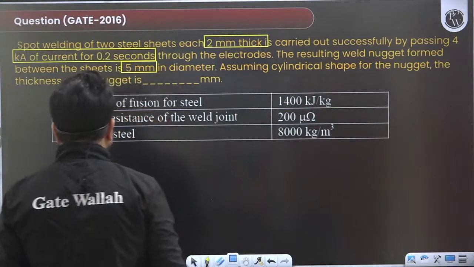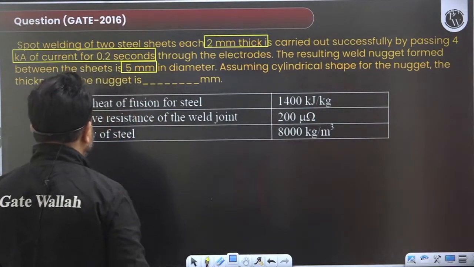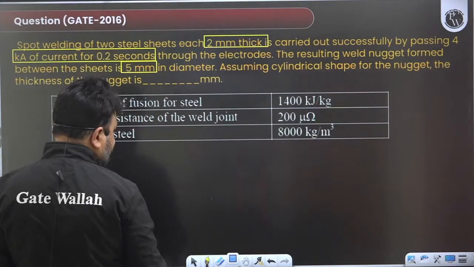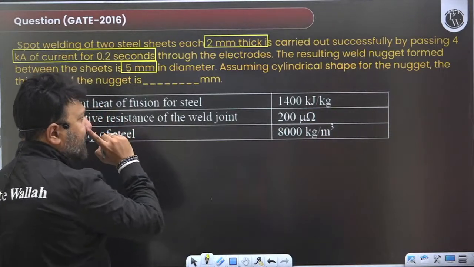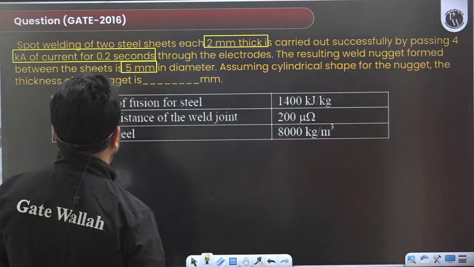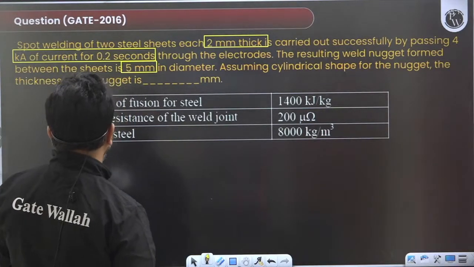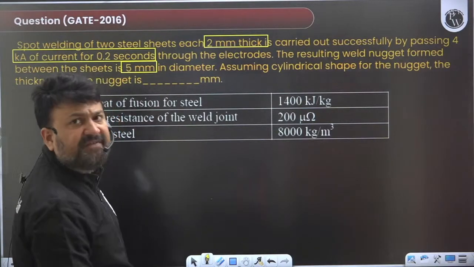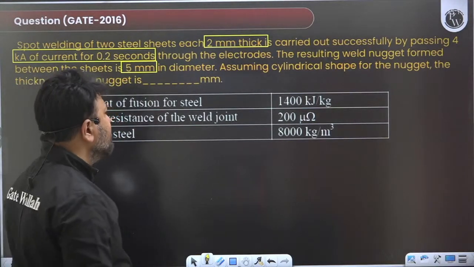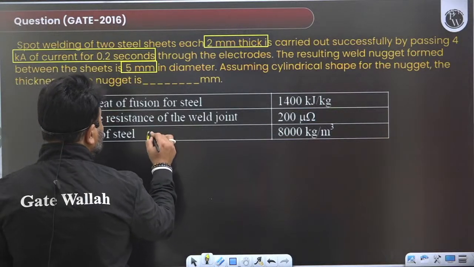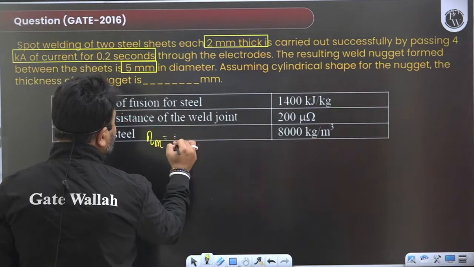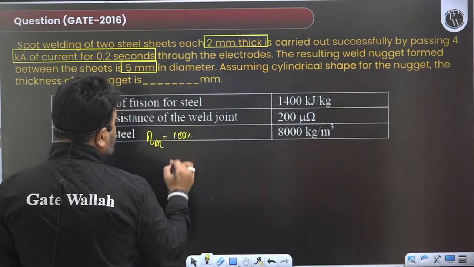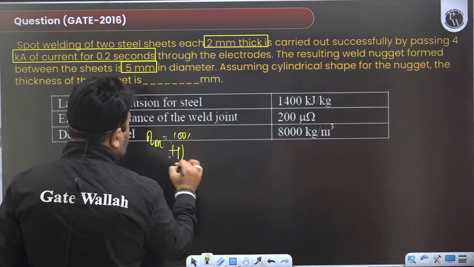Here the latent heat of fusion is given, specific heat is not given. Melting efficiency is not given, right? If melting efficiency is not given, then we take it as 100%. So theoretical heat